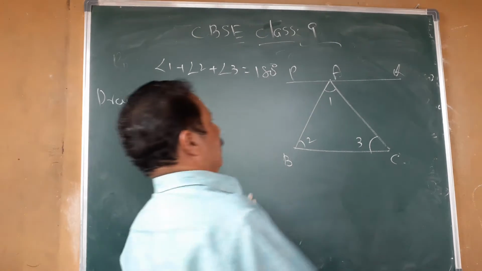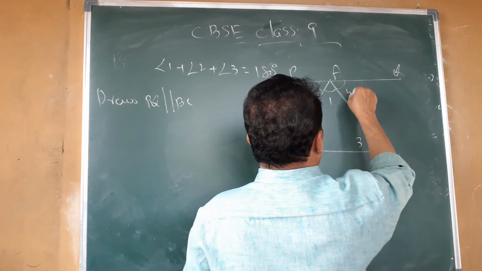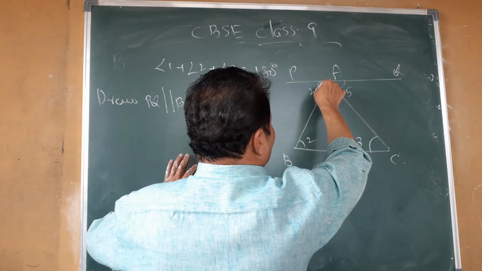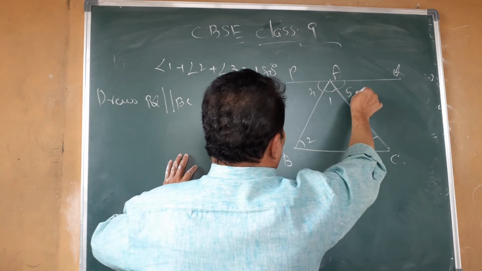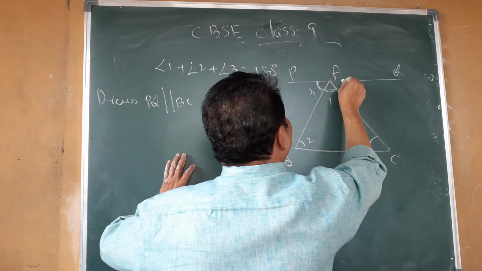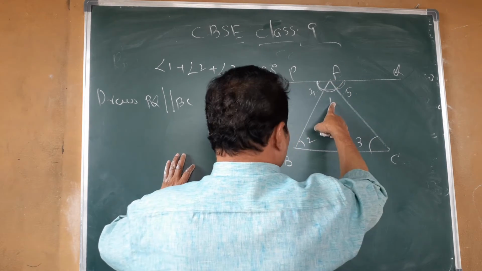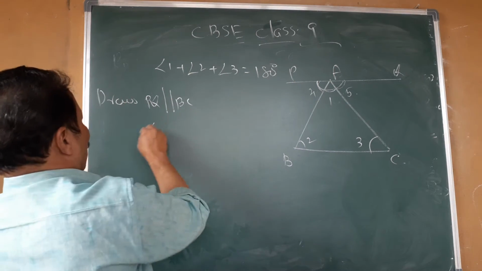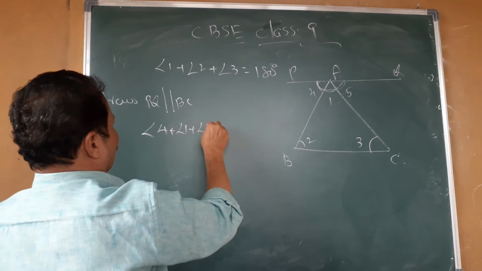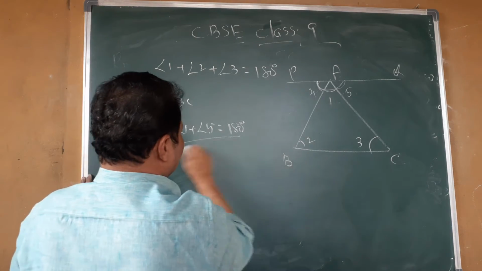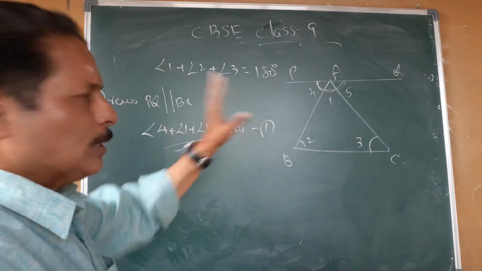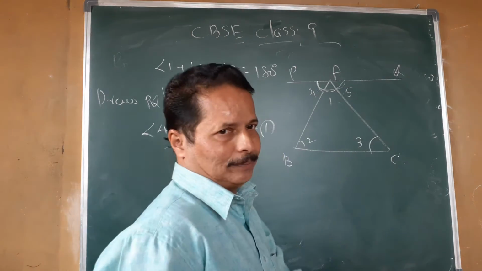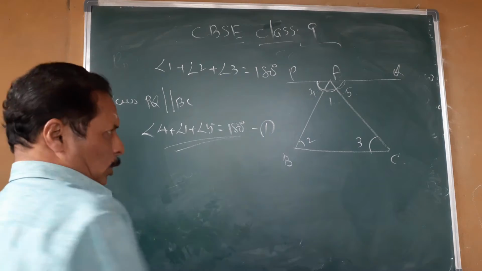Are you ready? And mark these angles 4 and 5. Look very carefully here. Now angle 4 plus angle 1 plus angle 5 form linear pairs. 4 plus 1 plus 5 added get 180 degrees. It forms a line. So angle 4 plus angle 1 plus angle 5 equals 180 degrees. Let us call this equation number 1. You see that all of these angles form a line. Next, you look here.